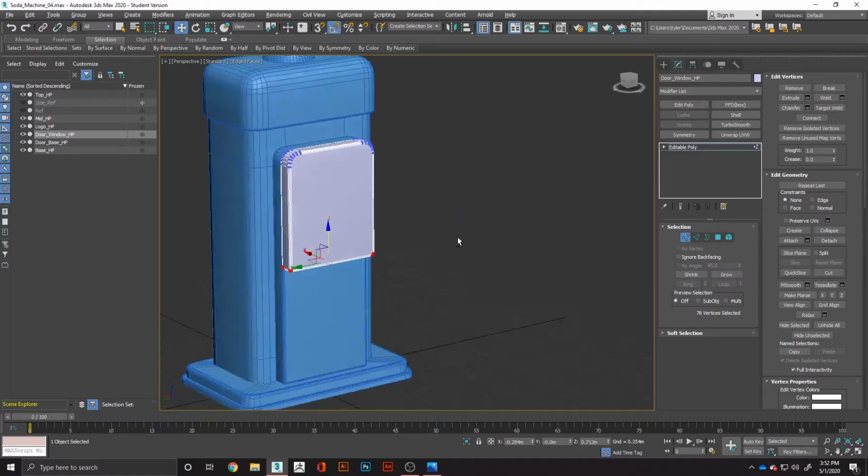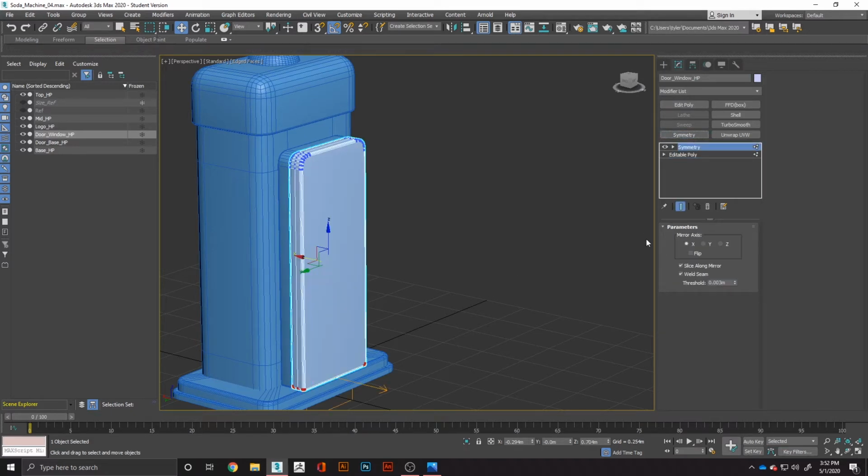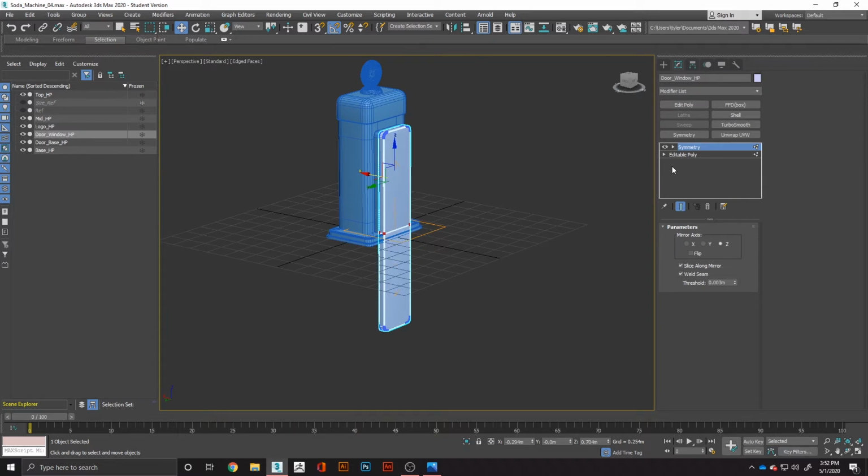So what we may actually want to do is a symmetry. We want the symmetry to be on the z-axis. Now if you see this little triangle, drop it to the mirror,